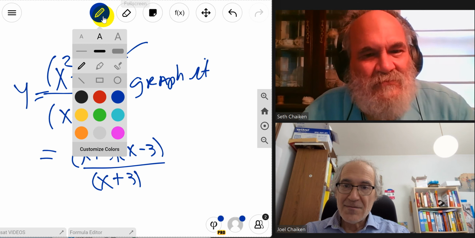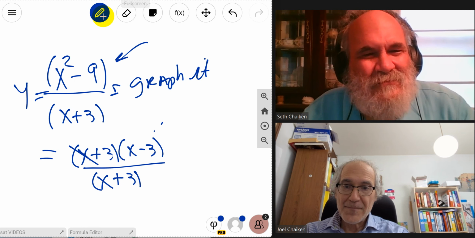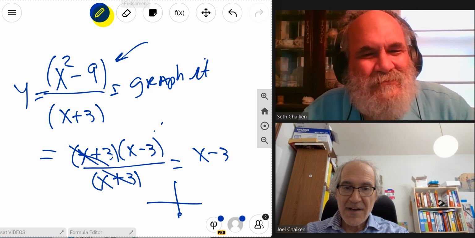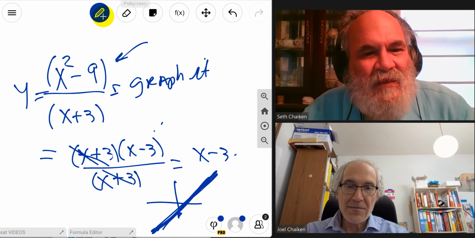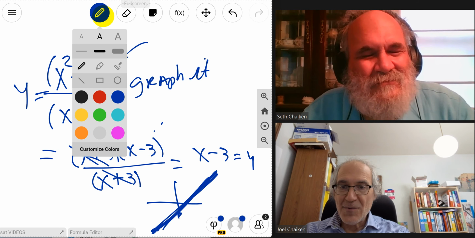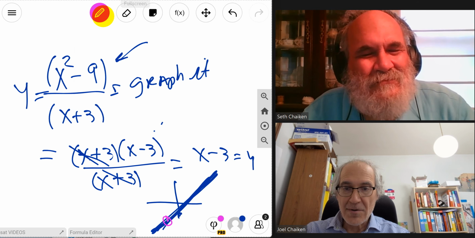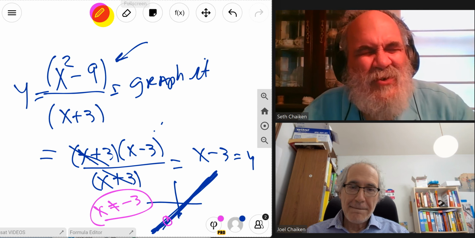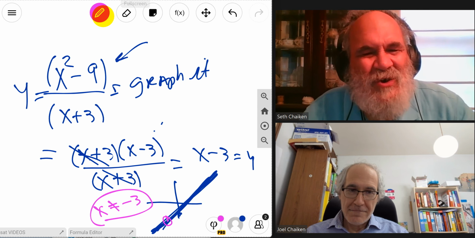And now in this case, you realize that these two cross out. So this thing simplifies to x minus 3. That's the graph of y equals x minus 3. But x can't be negative 3, so you put a hole there. That's the graph, and you have to leave a little hole. It's called a removable singularity because